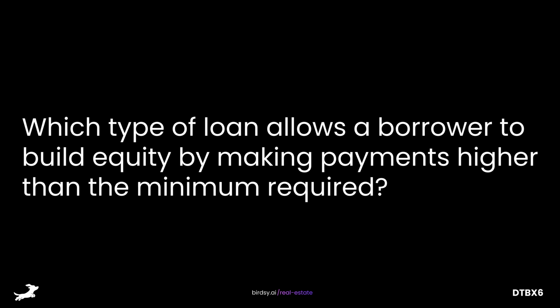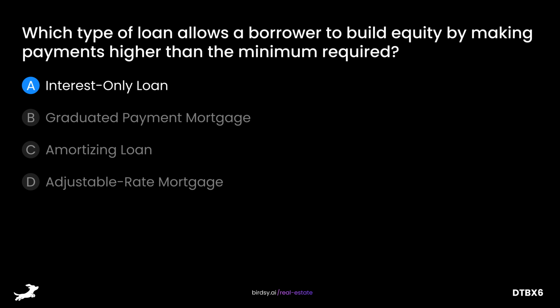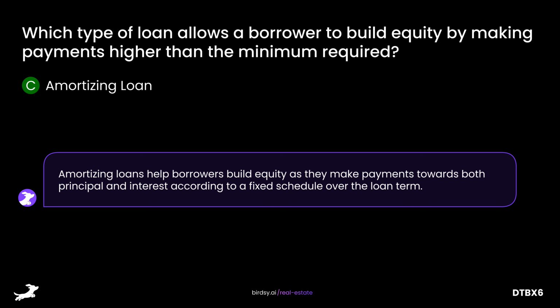Which type of loan allows a borrower to build equity by making payments higher than the minimum required? Is it A, interest-only loan, B, graduated payment mortgage, C, amortizing loan, or D, adjustable rate mortgage? The answer is C, amortizing loan. Amortizing loans help borrowers build equity as they make payments towards both principal and interest according to a fixed schedule